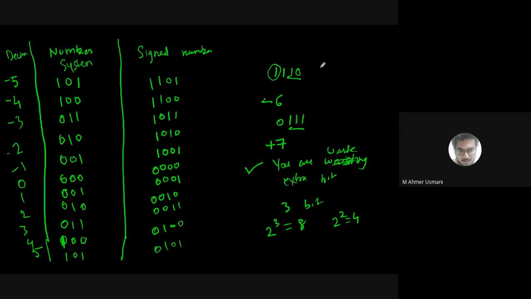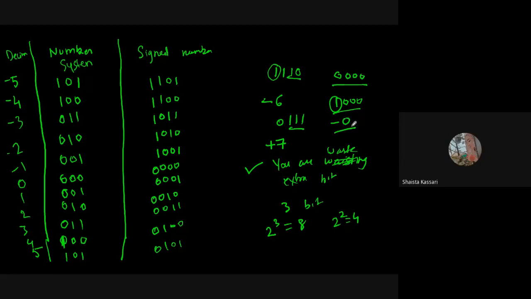The second major problem of this number system was, if I write down this as binary, can you tell me what is the value of this? In sign number system, it is 0. If I write something like this, what is it? Can you tell me the number? 8? How 8? The MSB is representing the sign. So tell me the sign. Minus zero. Is there a number called minus 0?